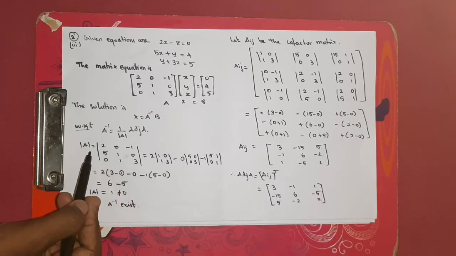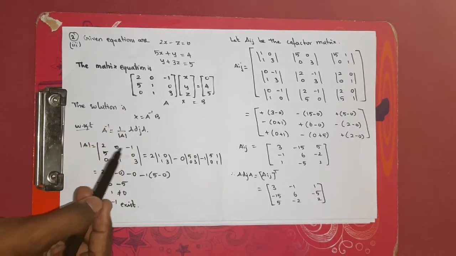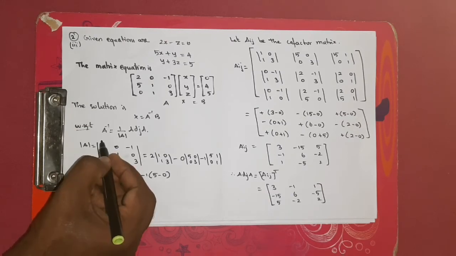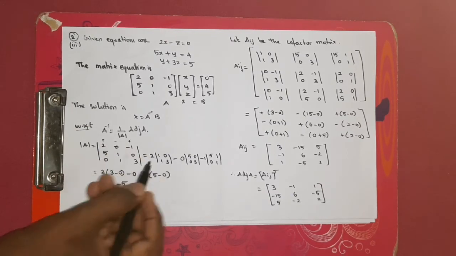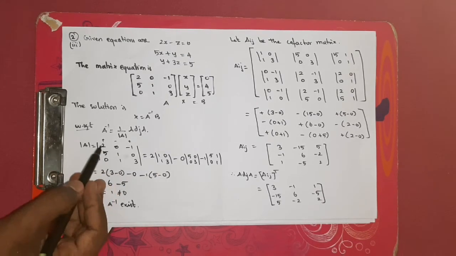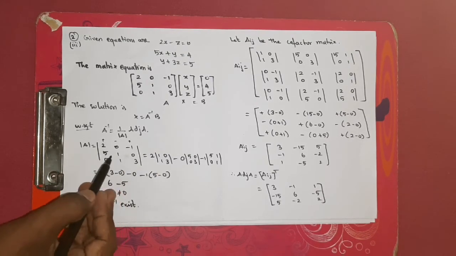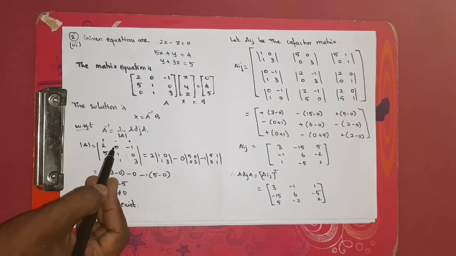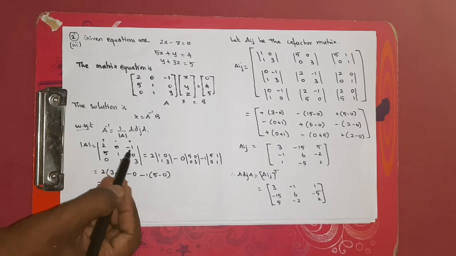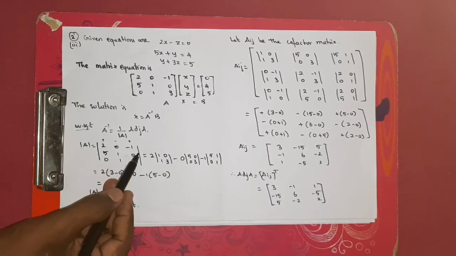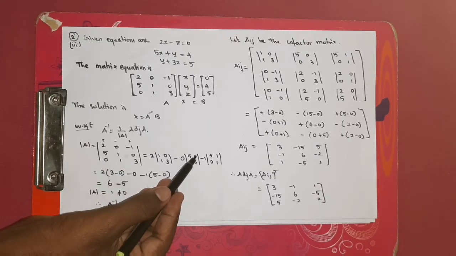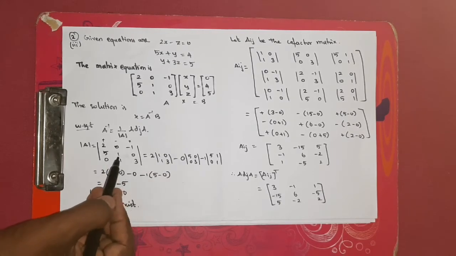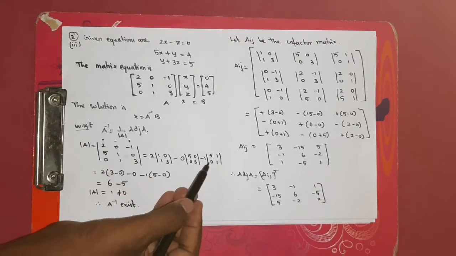So determinant of A equal to, I take the A matrix, apply the determinant and solve. First expand along the first row, so plus minus plus. Take 2 and multiply with the minor, so 2 into the determinant 1 0, 1 3. Then minus 0 into, if you leave this row and column, the remaining entries are 5 0, 0 3, in a determinant. Then plus into minus 1, leave this row and this column, multiply with this minor, so 5 1, 0 1.